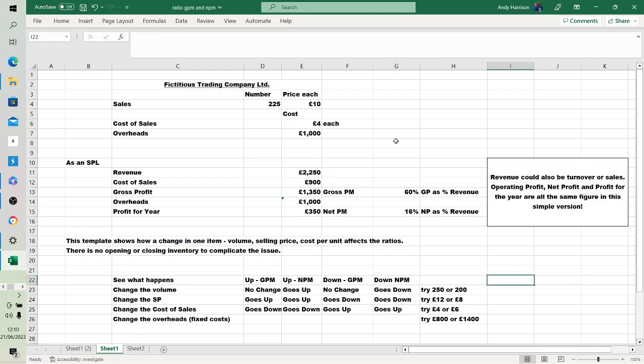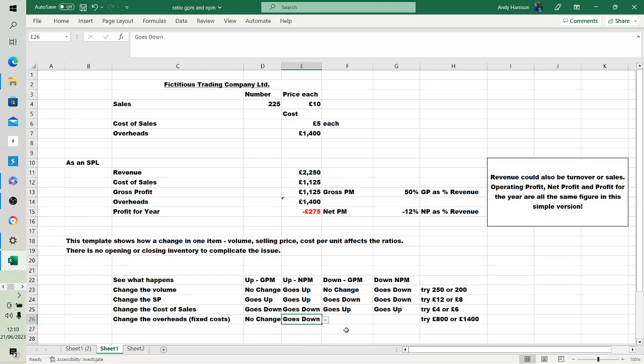Now another one that students are getting wrong, go back to the £5, is change the overheads, the fixed costs. So let's put it up to 1400. We'll see a big difference. So no change in the gross profit margin, which students are telling us it goes down in classes all around the country, blogs. And the net profit margin though does go down